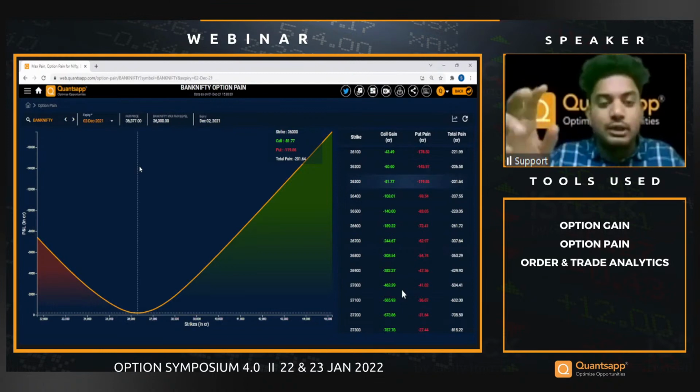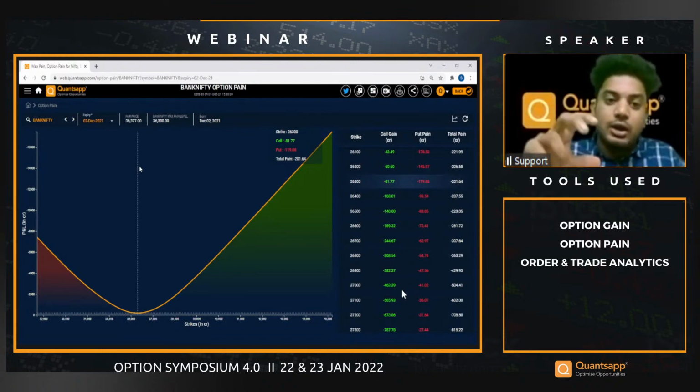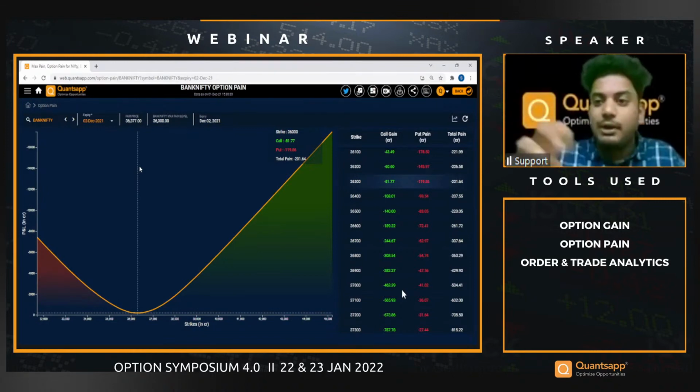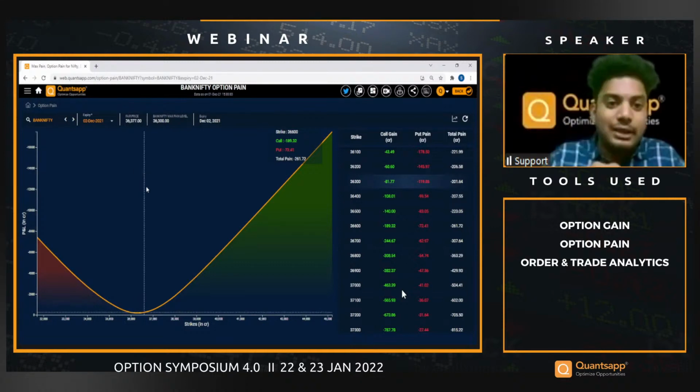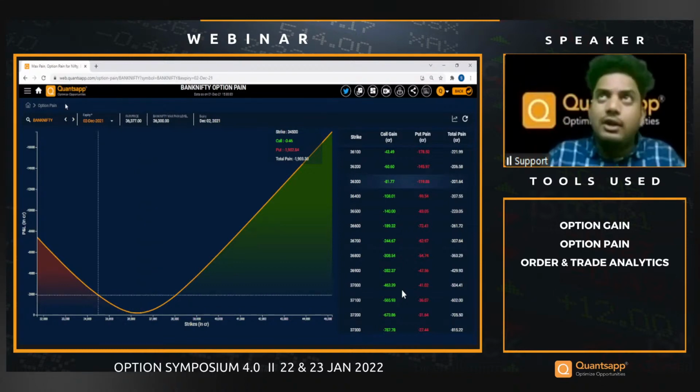Now, let's say you sold the 36,300 call option and put option. Your idea is that Bank Nifty should not be volatile and should not move a lot. It should expire at the same level so that you get a significant return on both the call and put sides, because Bank Nifty has not moved a lot on that particular day. So 36,300 is our vital key level of expiry as of now. Now, let's say I look at this Bank Nifty max pain level tomorrow at 9:20, 9:30, and it is 36,300. Is Bank Nifty going to expire exactly at the same level? I would say no, not necessarily exactly at the same level, but somewhere around this level.